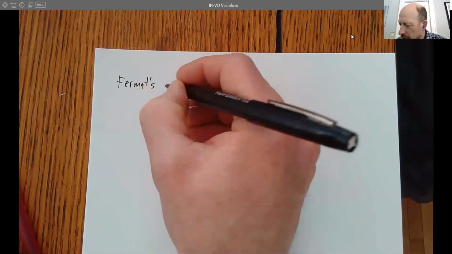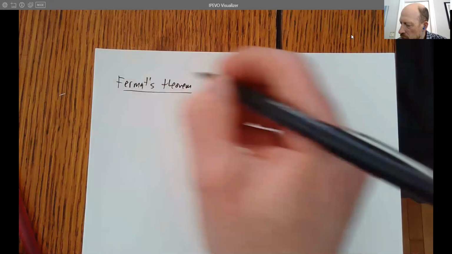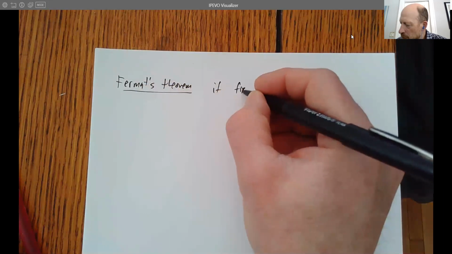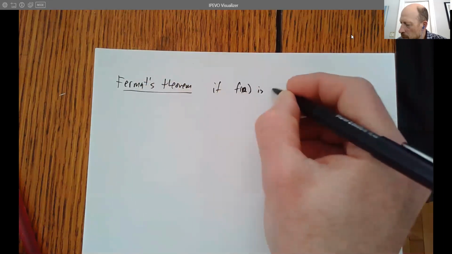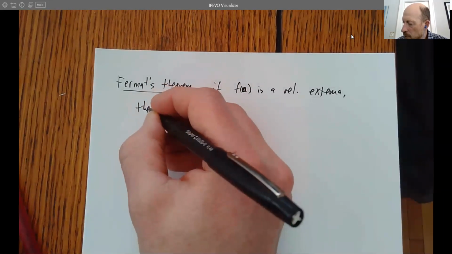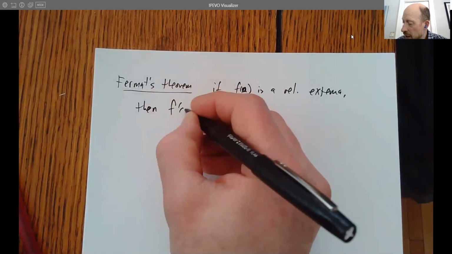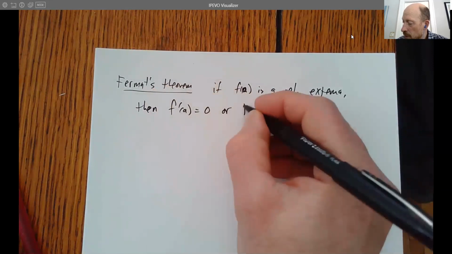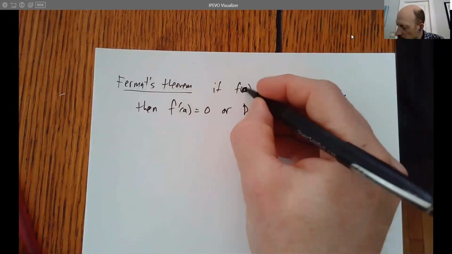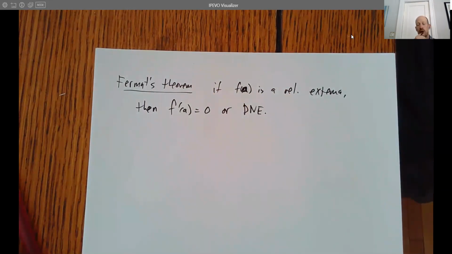We also have one called Fermat's theorem, which says if f of a is a relative extrema, then f prime of a equals 0 or does not exist. Sorry for the mess there. f of a is a relative extrema. So what this is saying is, if you have a relative min or max, it turns out that the only